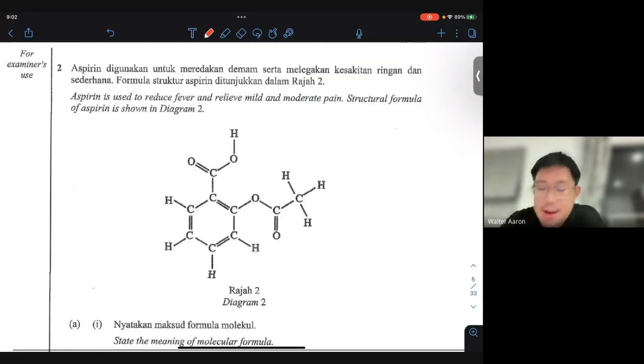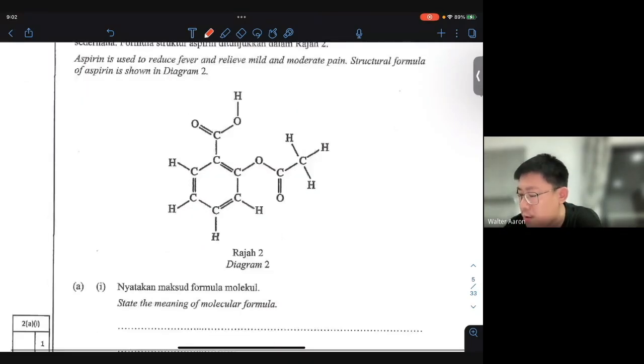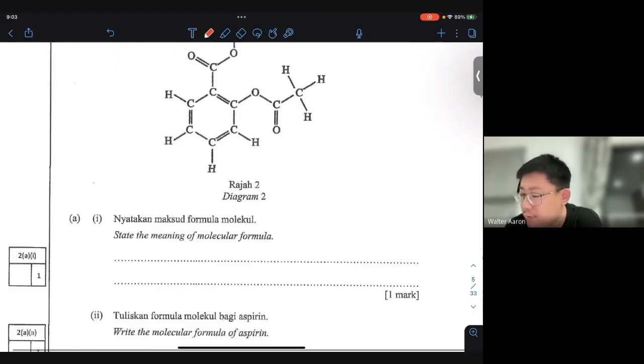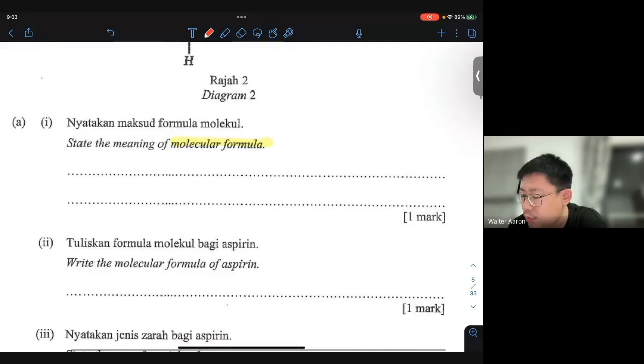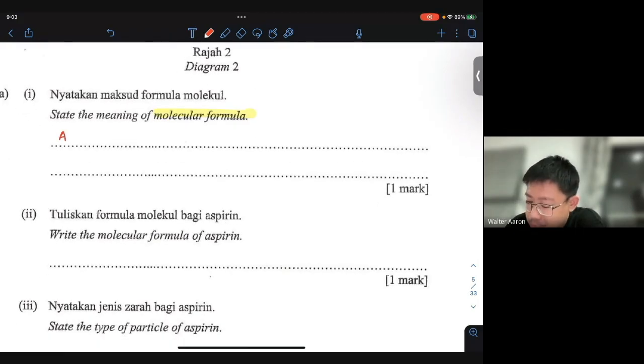Next is aspirin. Aspirin is used to reduce fever and mild and moderate pain. The structural formula of aspirin is shown in diagram 2. State the meaning of molecular formula. We did this before already, right? Molecular formula shows the actual formula. So put here a chemical formula